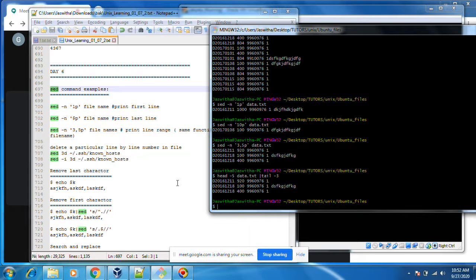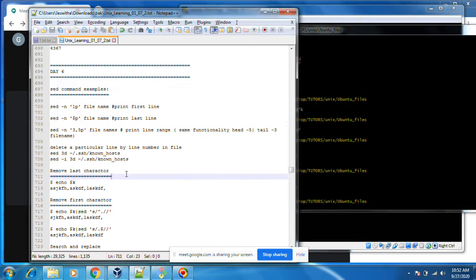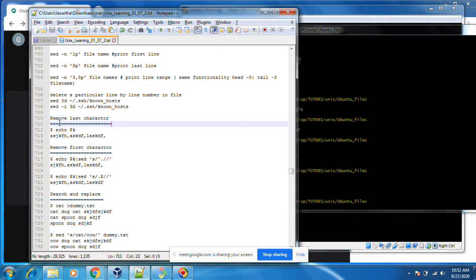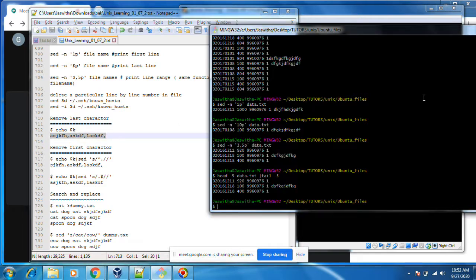Okay, next thing is find and replace. I want to remove the last character in this string.